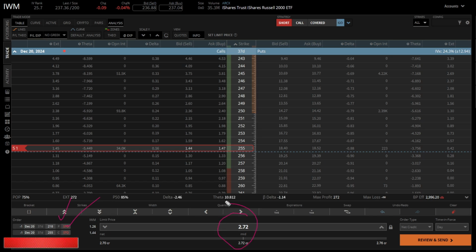Remember, we as an option seller, our maximum gains or maximum PNL is always going to be equal to the premium. Why? Because we just sell insurance. That's it. So we as insurance sellers, we're only going to get paid those fees that the people who buy insurance are paying us to have that policy. And our policy here right now is $2.72.